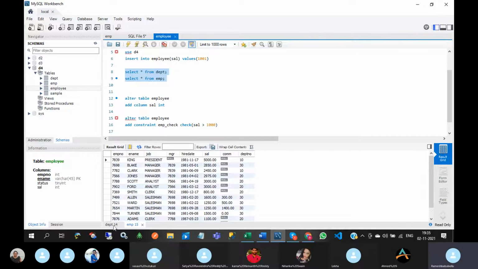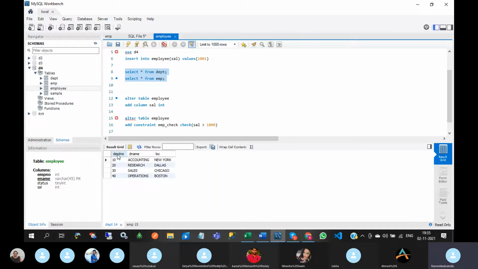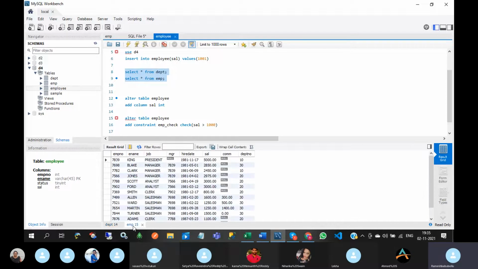So we can make department number a primary key and use department number as a foreign key. The DEPT table we call the parent table, and the EMP employee table we call the child table.